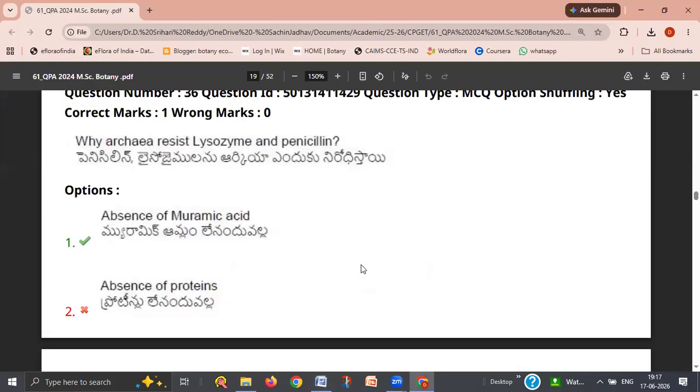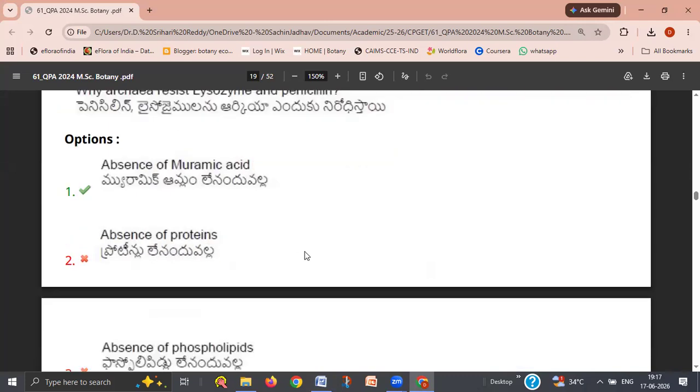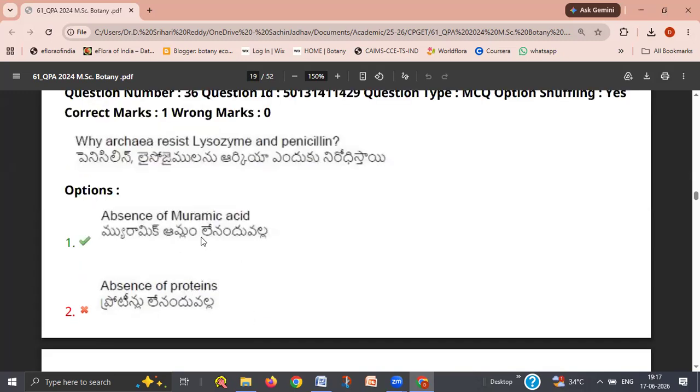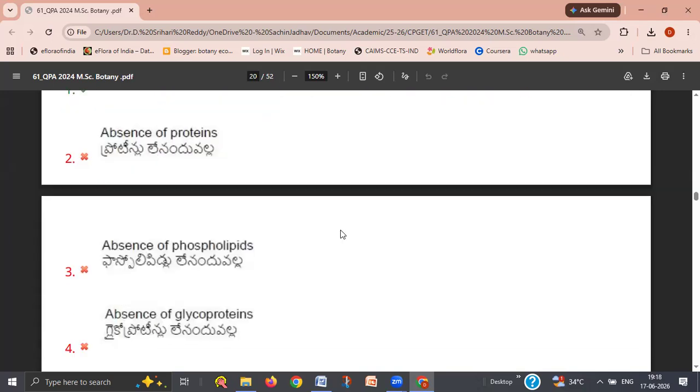So here, what are the options given? Why archaea resist lysozyme and penicillin? Here they did not give that there is no peptidoglycan in the archaea. They gave absence of muramic acid. Okay, NAM, N-acetyl muramic acid. Instead of NAM, they just gave absence of muramic acid. Since there is no peptidoglycan, there is no muramic acid also. So that is the right option. And they gave different options like absence of proteins, absence of phospholipids, absence of glycoproteins. These are not the right options. The right option is absence of muramic acid or absence of the peptidoglycan. That is the right answer. Next,